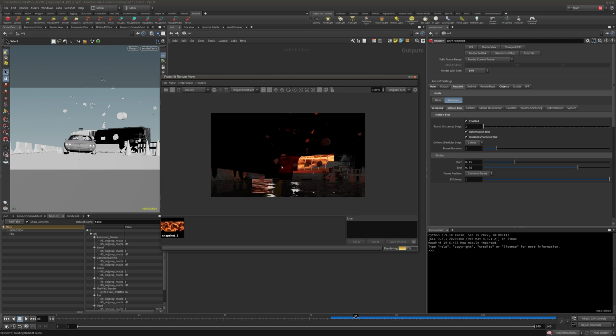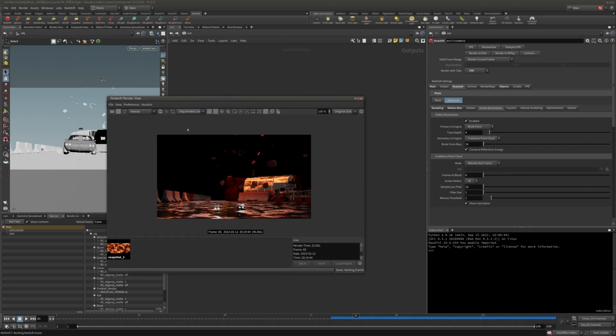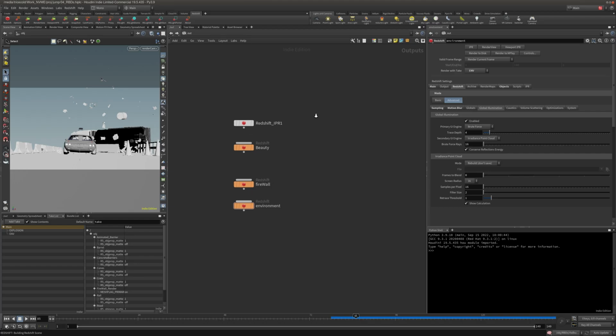So now we have our rigid body objects flying around. They are motion blurred, and the fire is not there, but it's phantom. So when we render them separately, we can put the fire on top. Okay, as you guys can see, there's a lot of GI and so on and so forth. So this wasn't 2 seconds, it's 23 seconds and half HD, but it's still not bad. All right, so that's the end of the rigid body simulations